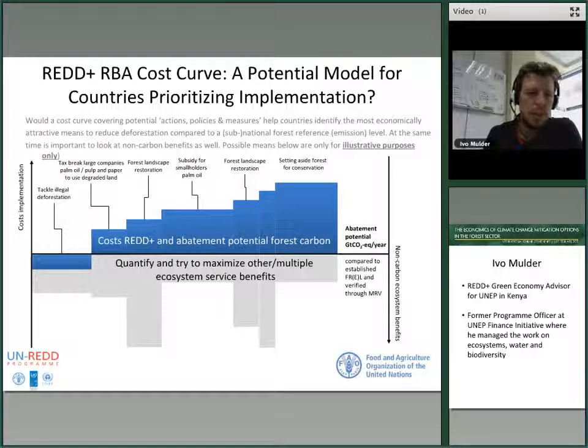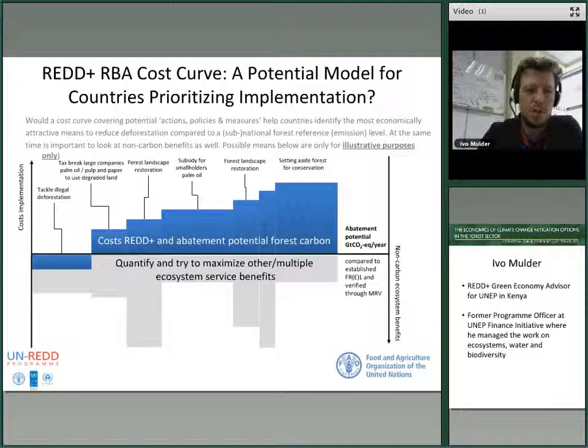One way to do it is to look at, if I would implement a certain measure, such as try and tackle illegal deforestation, how much would it cost me, and what is the abatement potential? What is the potential to have a certain amount of avoided loss of forest carbon emissions? And through that you can perhaps compile what I would call a REDD+ cost curve for